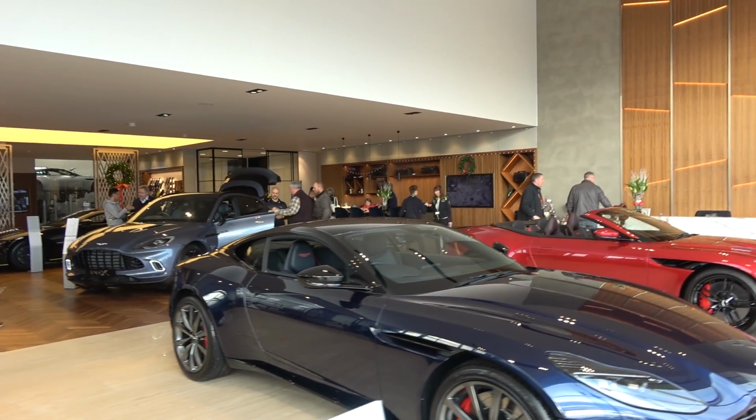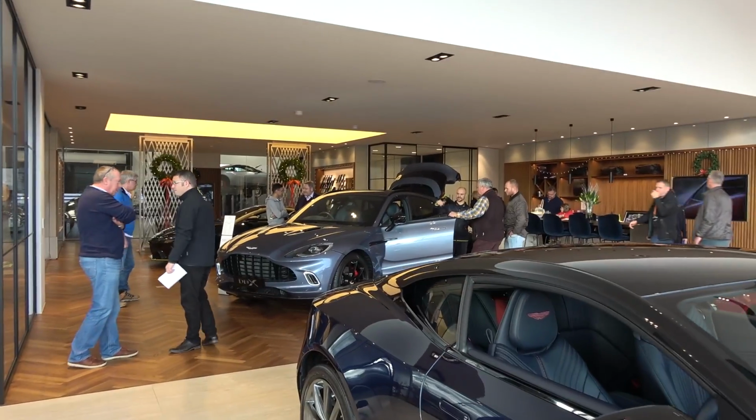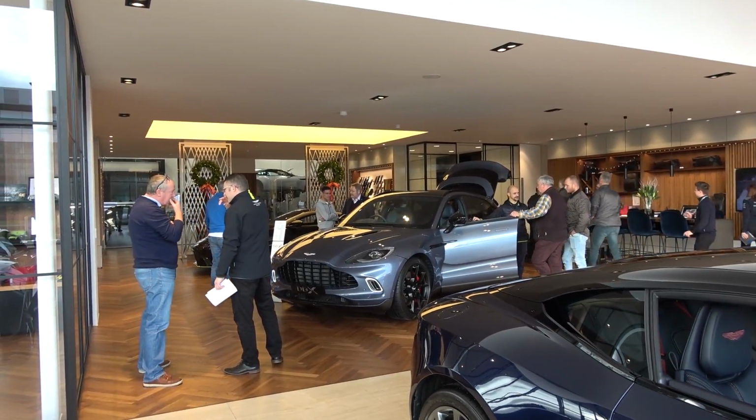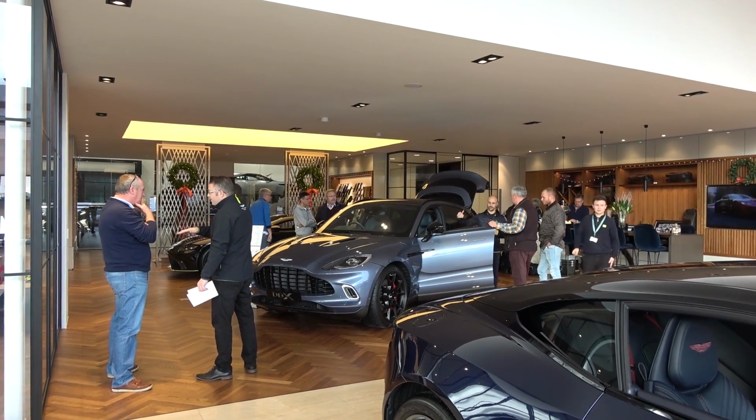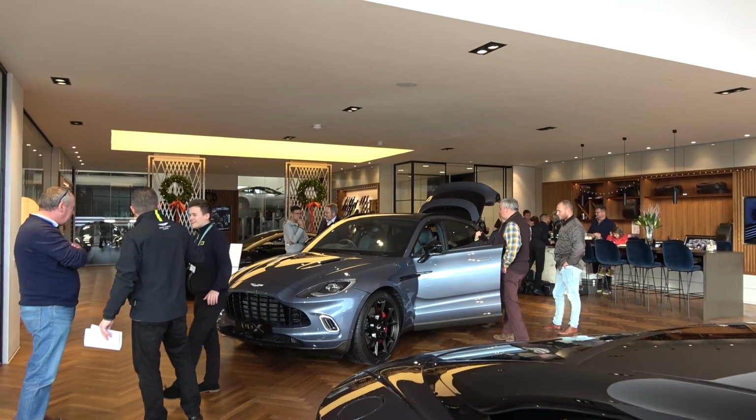DBX. And as you can see, it is incredibly busy. There is a lot of hype around this car. When I was at the Defender launch, I was like, okay, that's a £45,000 to £60,000 car. Of course, there are going to be a lot of people that are coming to check it out, a lot of people that have got deposits on. But this, at